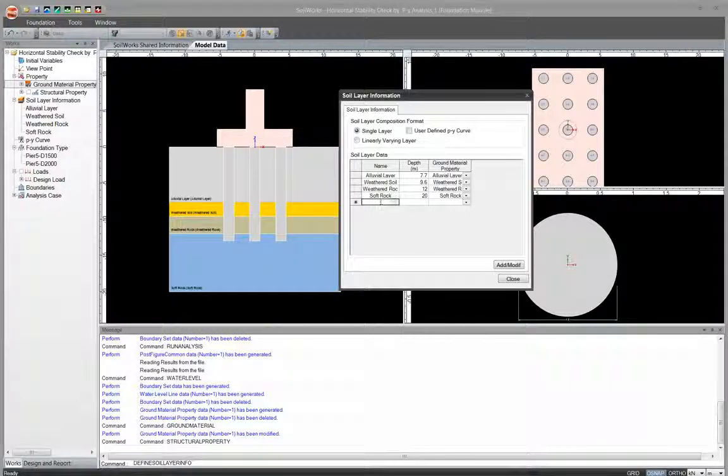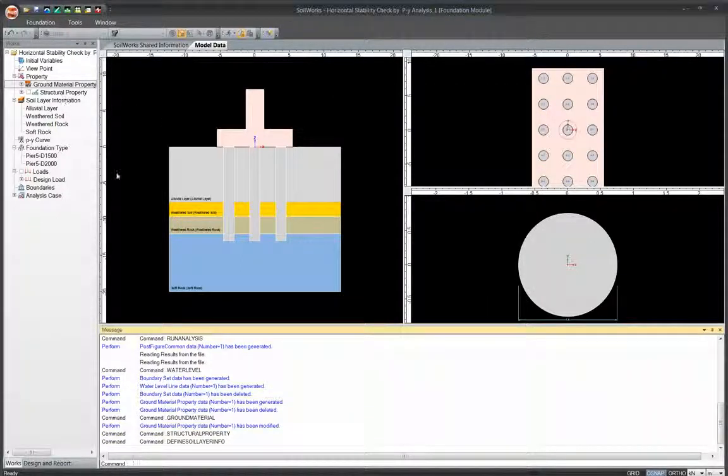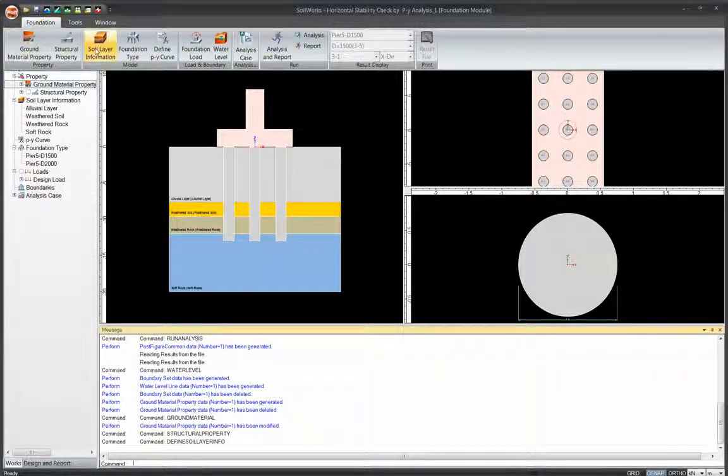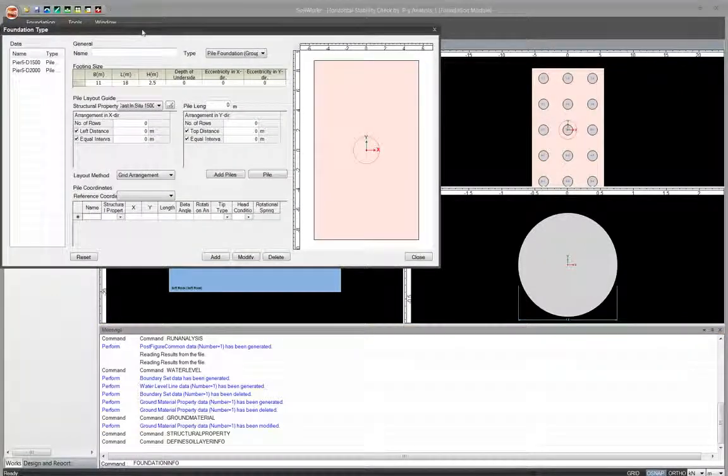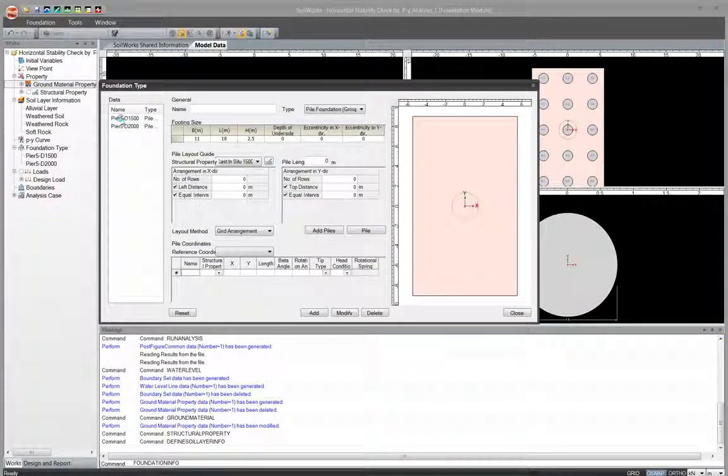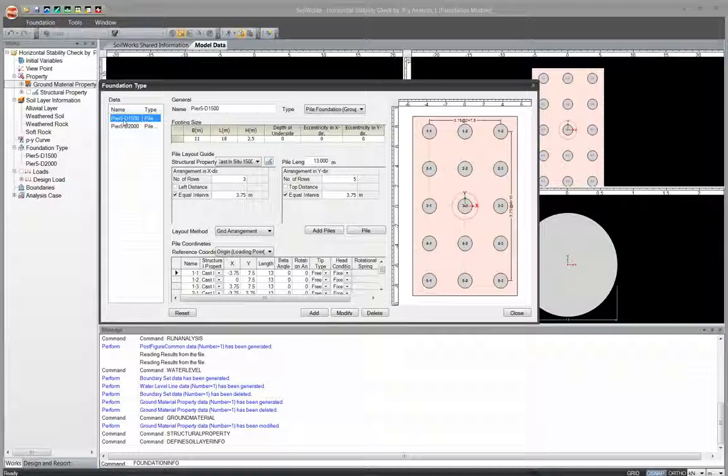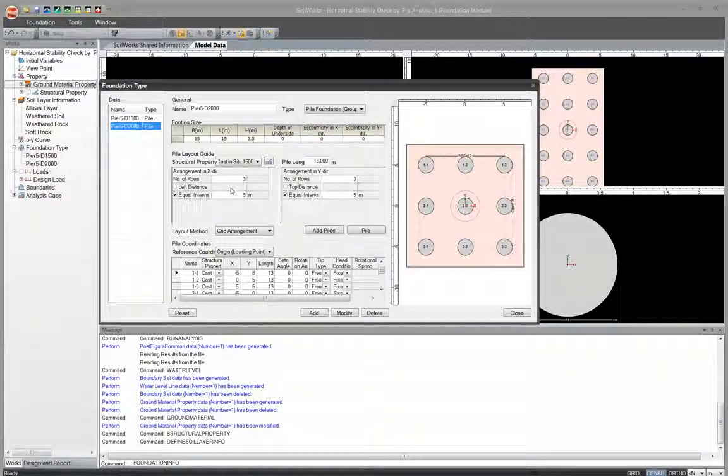You could just input it over here, and then add a corresponding depth and a ground material property, and another layer would be created. And once again, you can just easily add and modify it from the work tree. Okay. So once I have my soil layer information defined, now I'd move on to my foundation types. Okay. So as you can see, I have 2 different pile configurations created. One's a 3x5 pile configuration with a 1.5 meter diameter pile, and the other is a 3x3 configuration with a 2 meter diameter pile. And as you can see, the footing sizes have been defined as well,